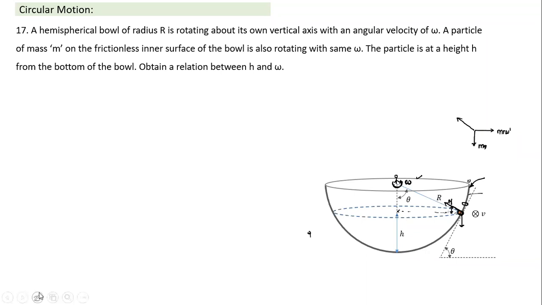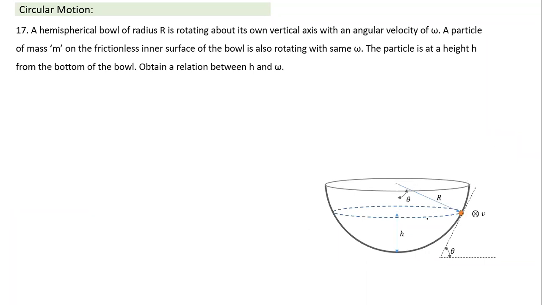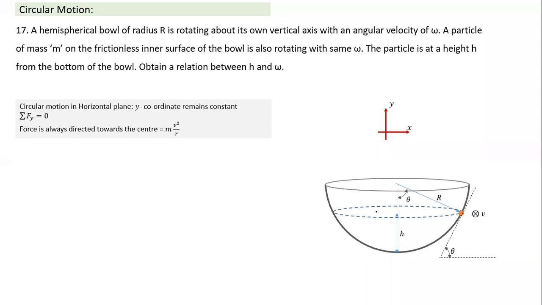And the reason why it will go into circular motion, just very quickly, let's see that part also. When I look at this path here, this ring, if I draw a tangent, this bead is equivalent to having been placed on a surface making angle theta from the horizontal. If you draw a tangent here, again, if I take xy coordinates, let's look at that. Again, it is undergoing circular motion in the horizontal plane. I take three cases, and all three cases lead to the same thing. What are the three cases here?